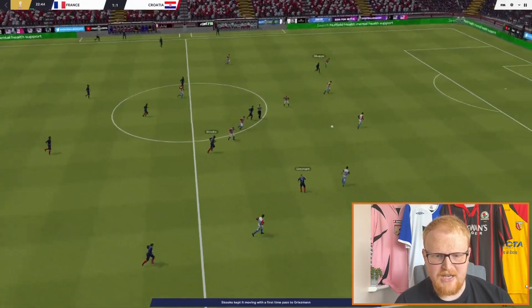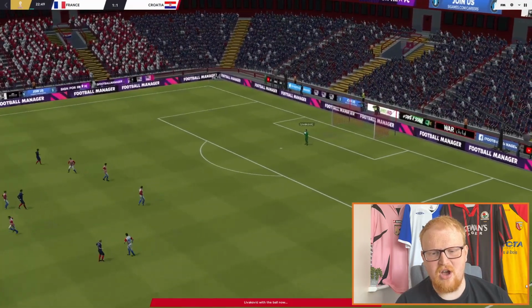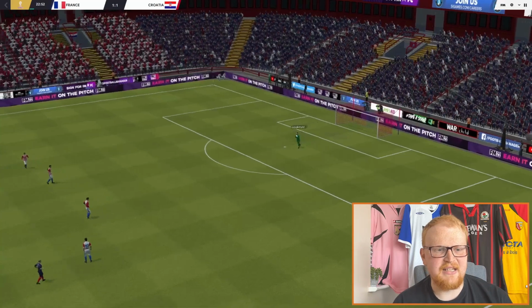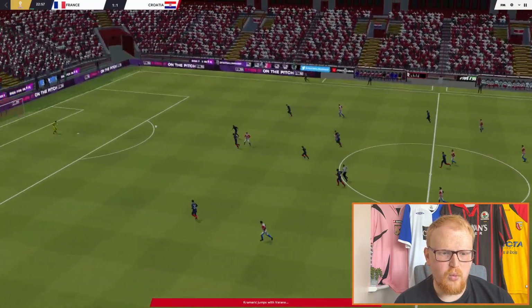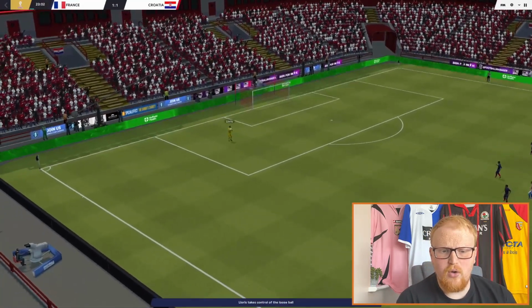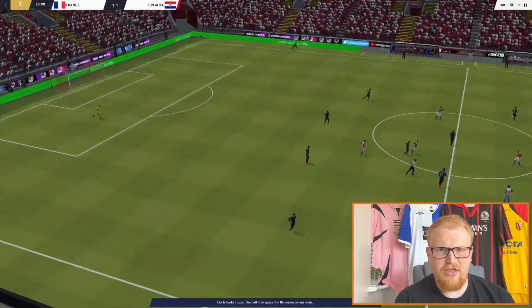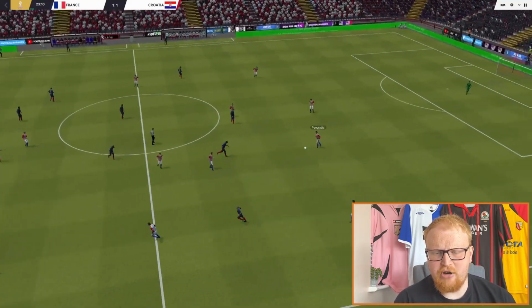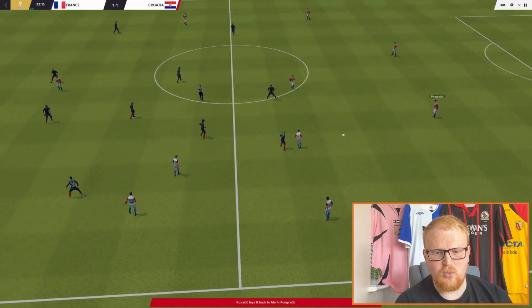France trying to advance. Benzema holds it up. Sissoko. Griezmann's lovely ball to Mbappe does not get to him, and Livakovic has collected that one. We're halfway through the first half, and it's 1-1. I can see plenty of goals coming here. If we get another 4-2, that will be another great World Cup final. France looking for their 3rd World Cup victory. Croatia obviously looking for their 1st and looking for revenge as well.